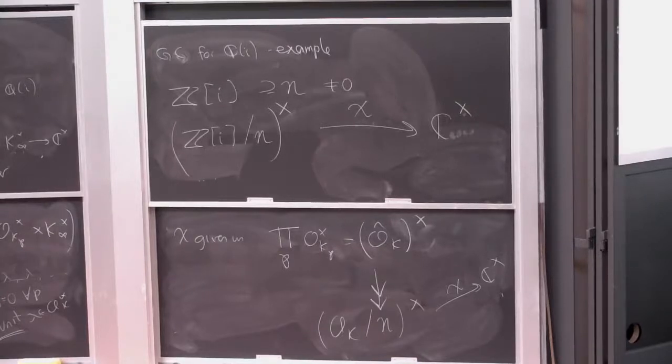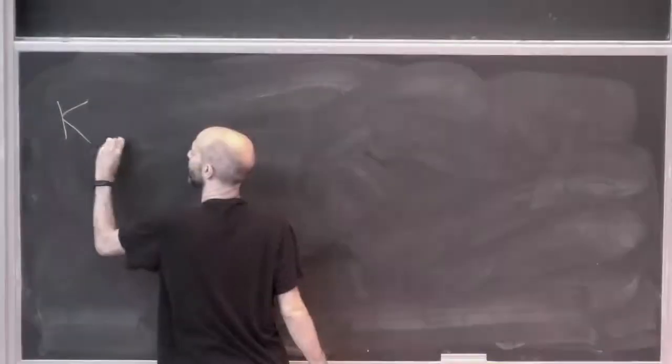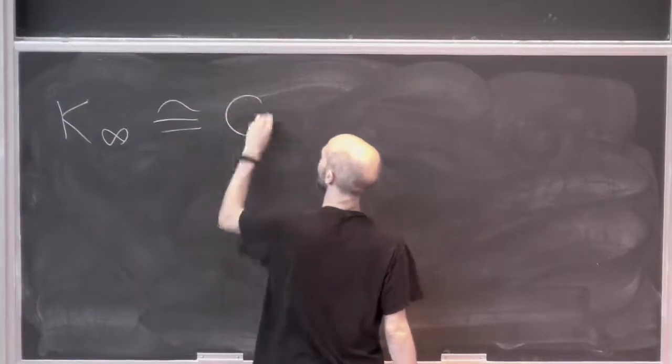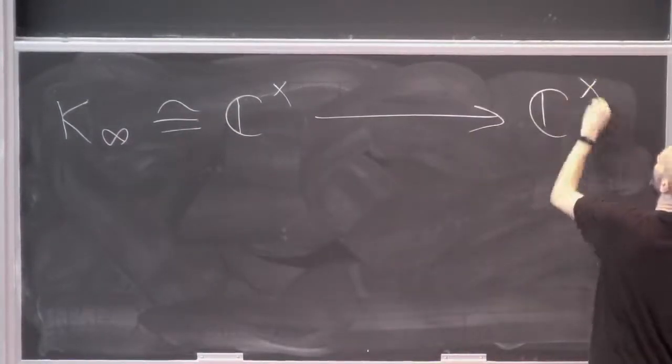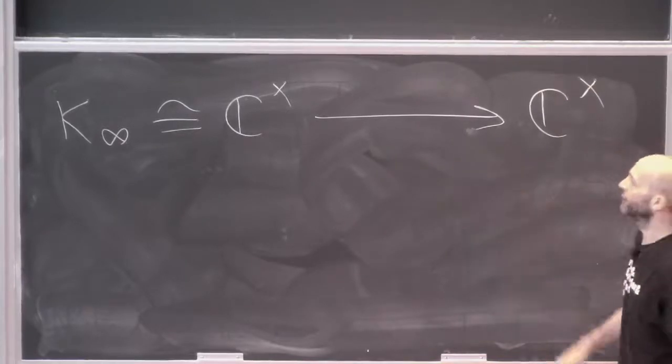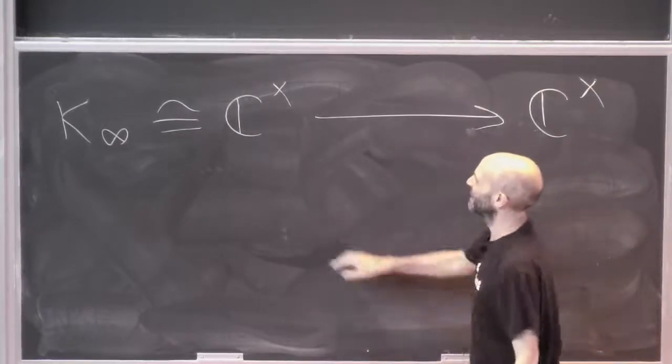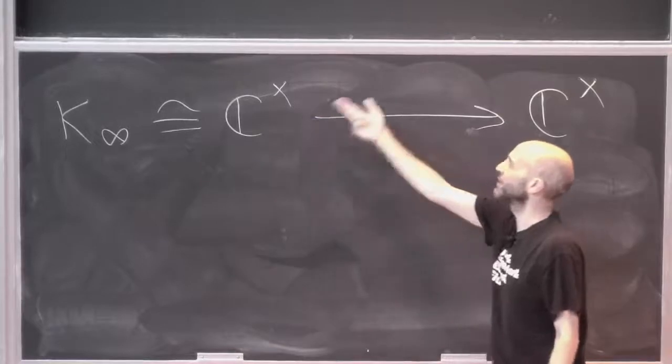So now what we've got to do is decide what's going on in the infinite part. In the infinite part, I need to give a map from C star to C star, right? K infinity is isomorphic to C star, and I need to think of some map to C star, something that's going on at infinity. And then I've got to remember this isn't really canonical, so I don't really want to start